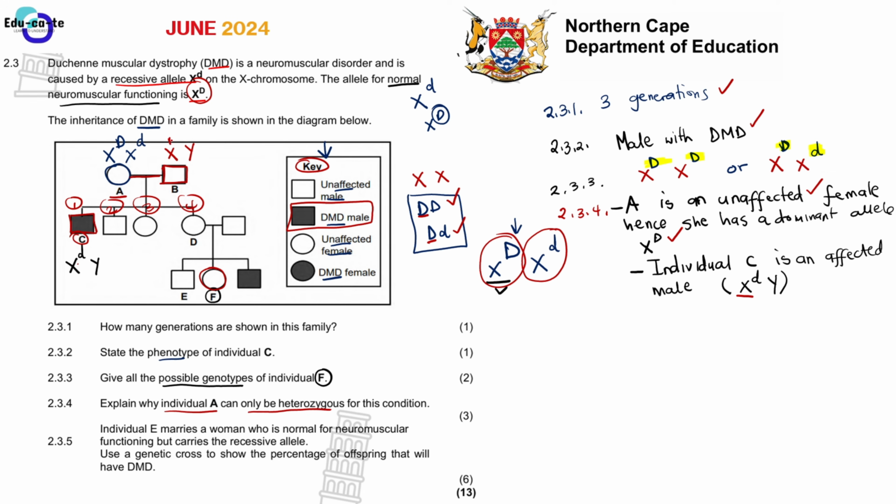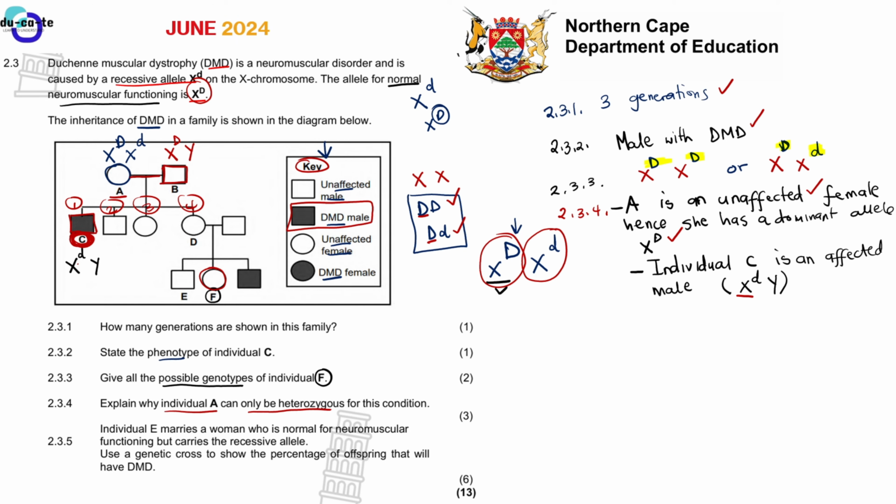So the father is normal. It must be a capital letter D. So for this individual C, or this baby, to be affected with this Duchenne muscular dystrophy, he could only have received an X chromosome from the mother, because a boy or a male only receives one X chromosome. He receives it from the mother, definitely. Okay, from the father, he will get the Y chromosome.